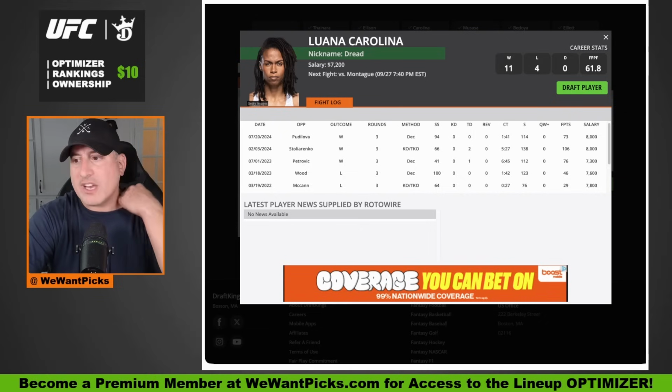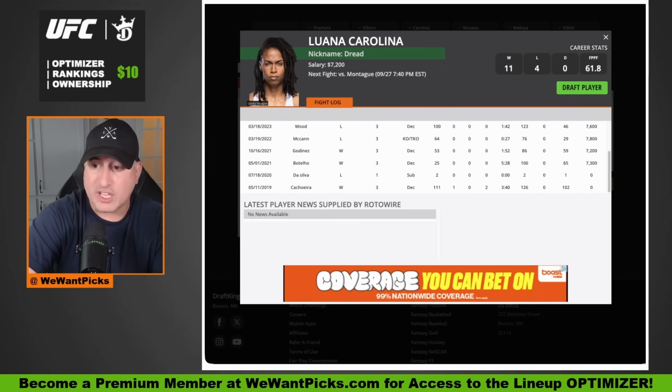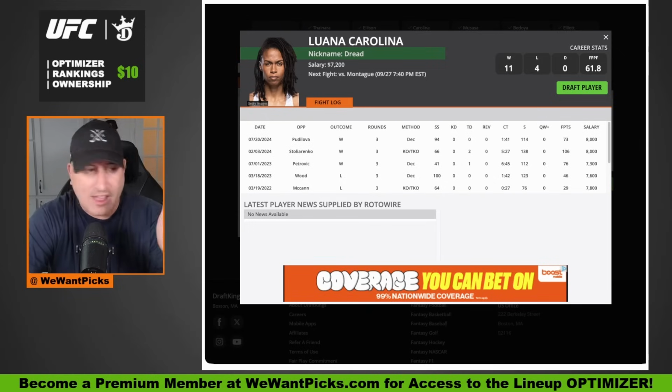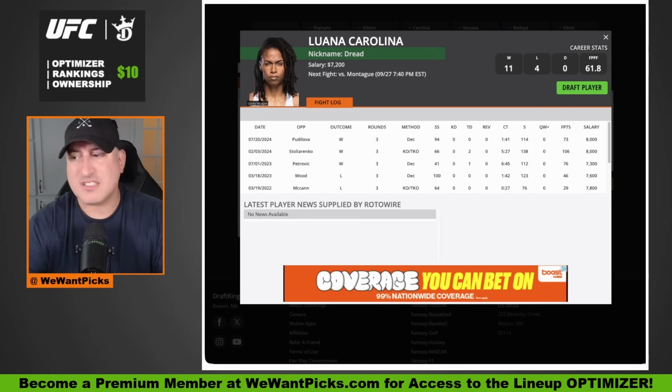I do think Luana Carolina is probably getting a little disrespected here because she does have wins at this level in the UFC. She beat Lupe Godinez. That was short notice for Lupe, a one-week turnaround, if I remember correctly. I think Luana Carolina can make this somewhat competitive, but I think Michelle Montague wins. Michelle Montague might actually run right through her if she gets the takedowns immediately, but I think this is somewhat of a,